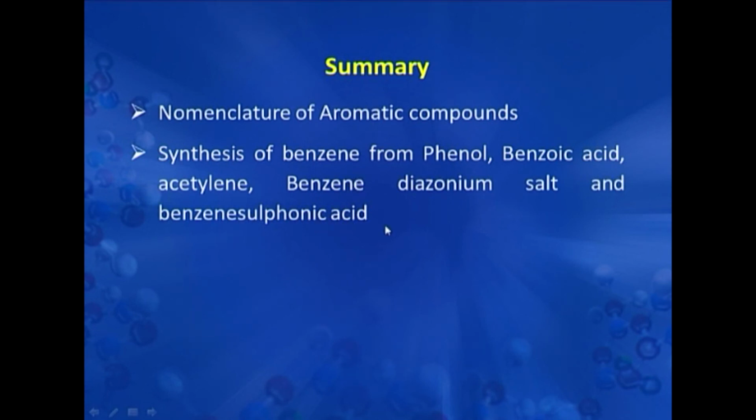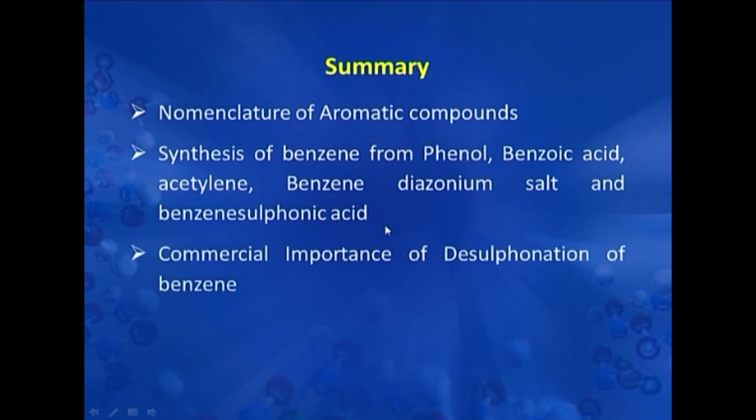And the most important process here is the conversion of benzene sulfonic acid to benzene, which is desulfonation, and this desulfonation reaction is commercially very important because it is used for separation of isomers which are commercially very important. So we had seen the commercial importance of desulfonation of benzene,